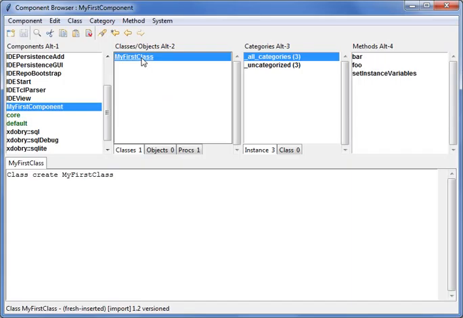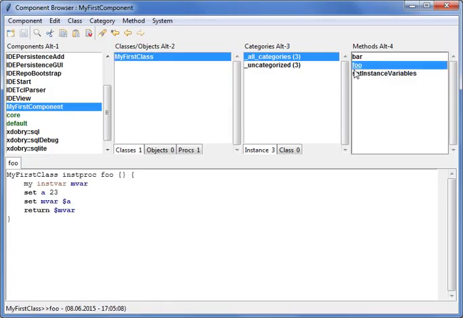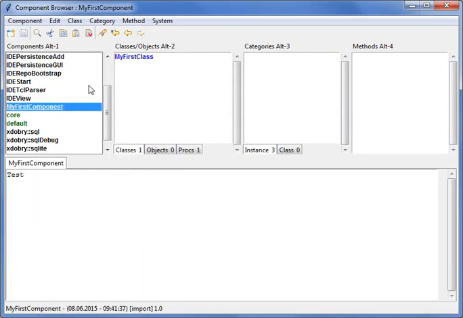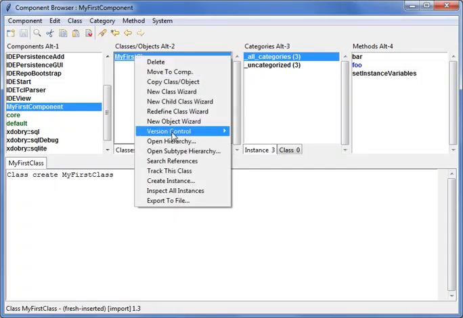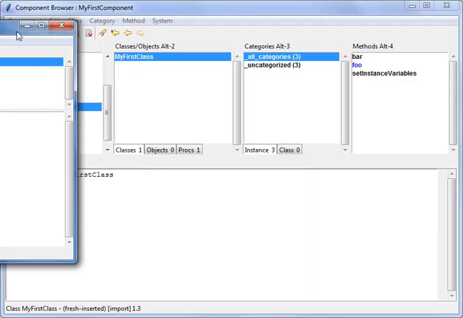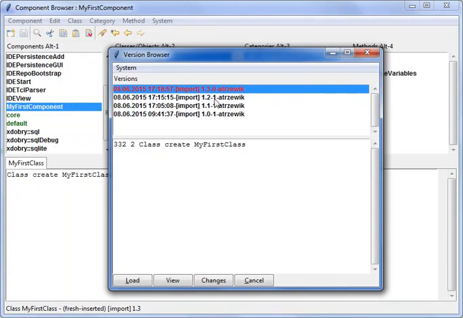This version is fixed. If I make a change, the system will create a new edition of this class. It is black, and now I see its edition is counted up to 1.3. You can see in the version control editions I've already created some of them.